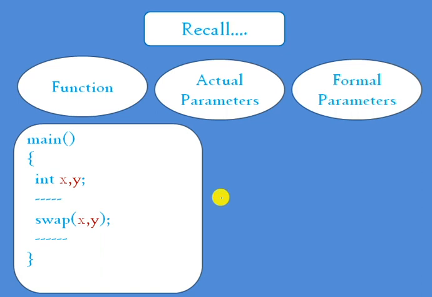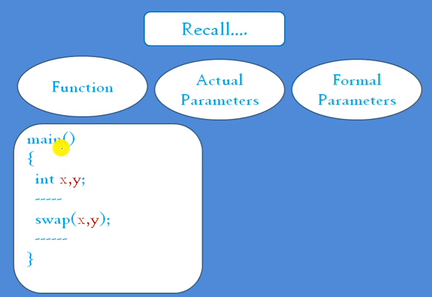So here I am taking a simple program. The main itself consists of another function, swap, and also it consists of two integer variables. Within the main function I have another function, swap. Now, what is a function? A function definitely consists of lines of code which can be identified by a certain name by the compiler.